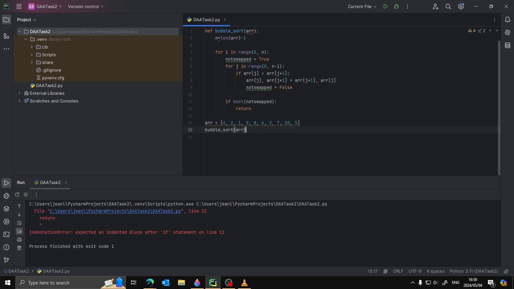Then we can bubble sort our array. So we call the bubble sort function. Then we can print our array, but that's only going to print the first value in our array. So what we'll do, first we'll print out the sorted array, you can say the sorted array in ascending order. Ascending order is, and then instead of writing